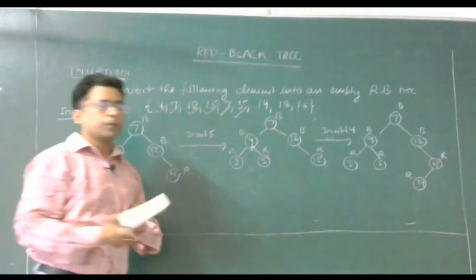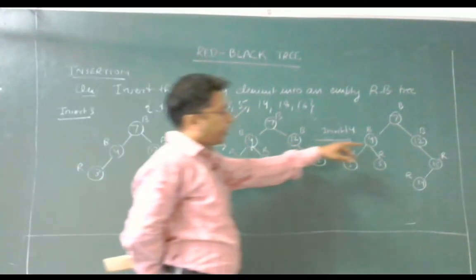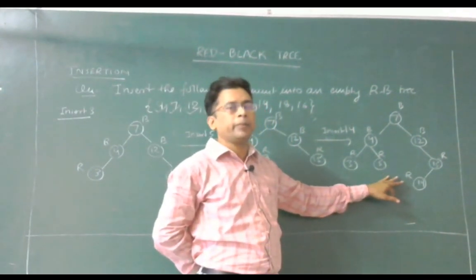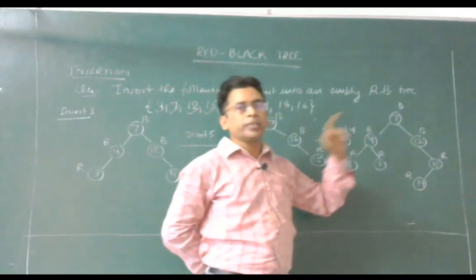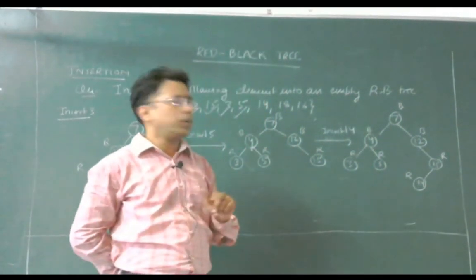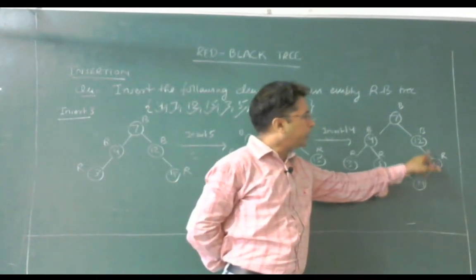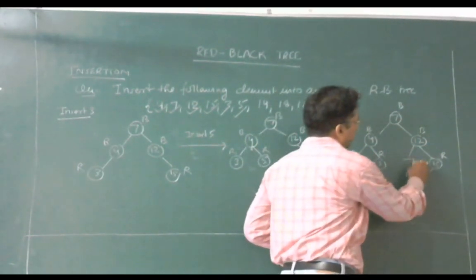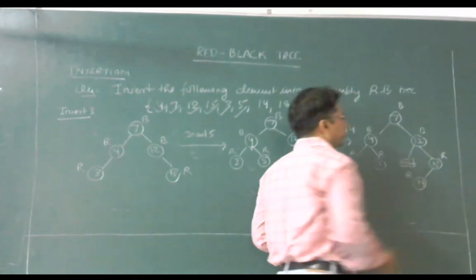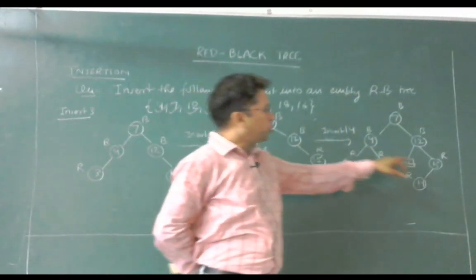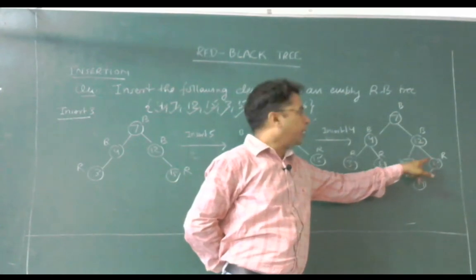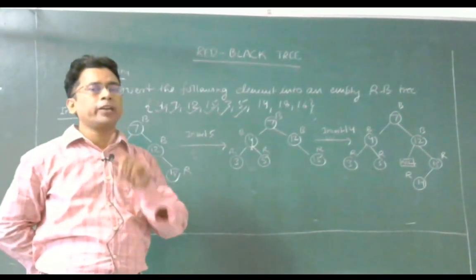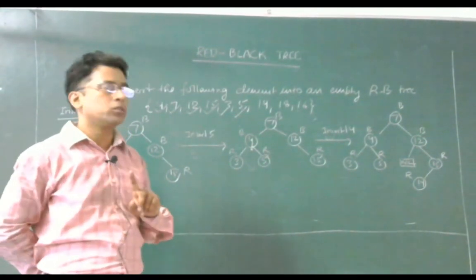Now in this case, there is a red parent and it has a red child. This is the violation of red black tree properties. So we need to run the fix up procedure. In which case does it lie? Here, by default you may consider that this node has a nil value and is of black color. So in this case the parent is the right child and the newly inserted node is the left child. So it would be case 2 dash.